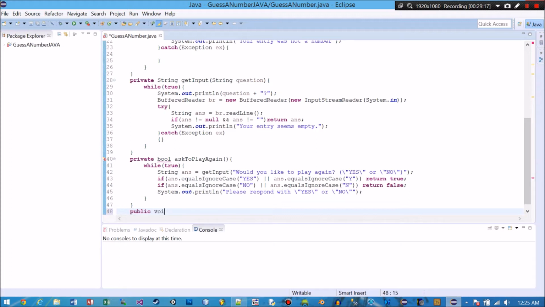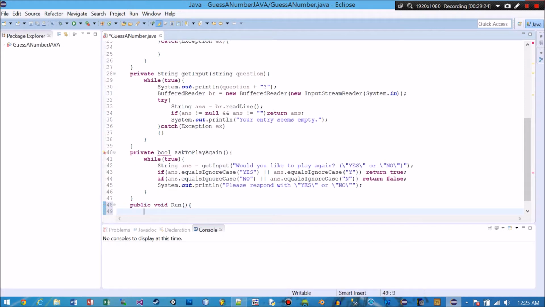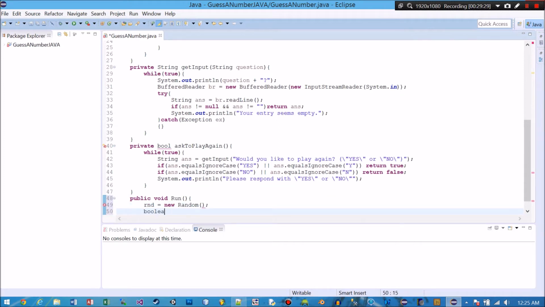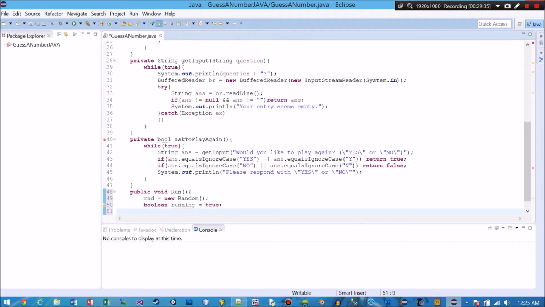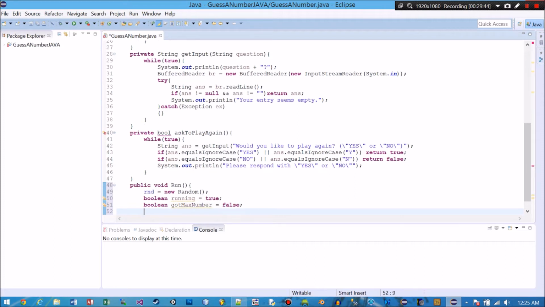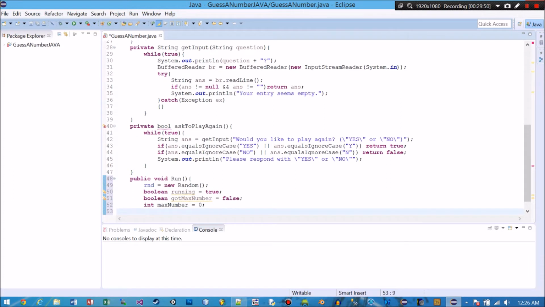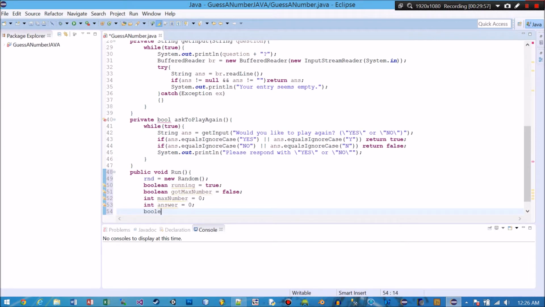Alright, so we'll do our public void run. We're going to make a new random. Boolean running equals, oops, equals true. Let's not make that mistake. Boolean got max number equals false. Integer max number equals 0, integer answer equals 0, Boolean game over equals false,